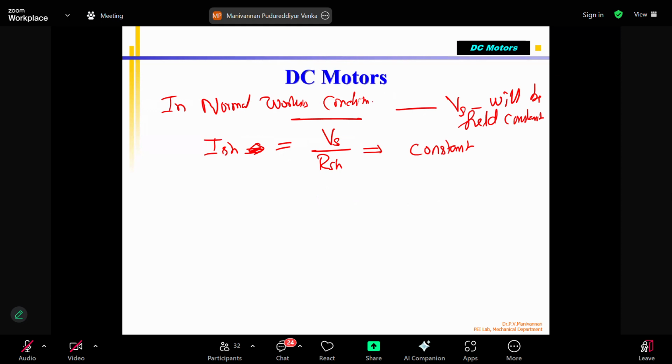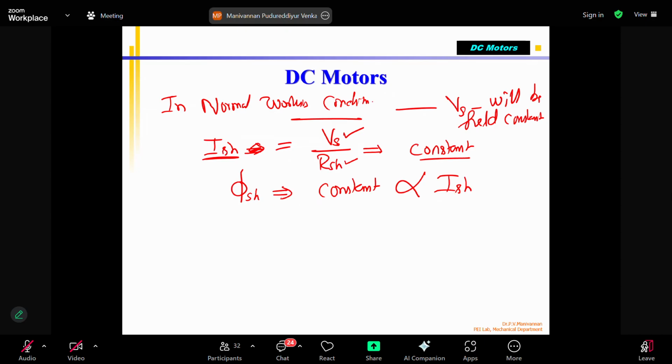Since I shunt is held constant, phi, or phi f or phi shunt, will be constant, because this is proportional to I shunt. I shunt is kept constant because the V supply is constant and R coil is also held constant. Automatically, the shunt current will be constant, and so the shunt magnetic field, I shunt or phi, will be held constant. Now,